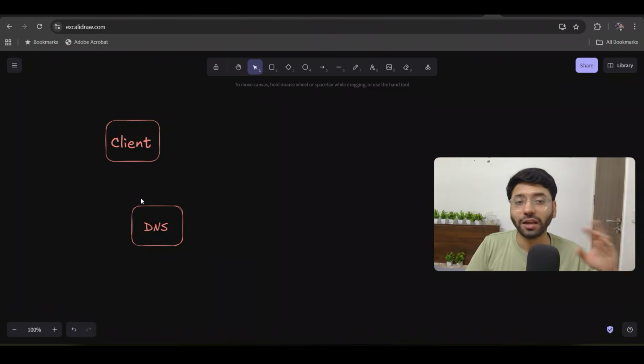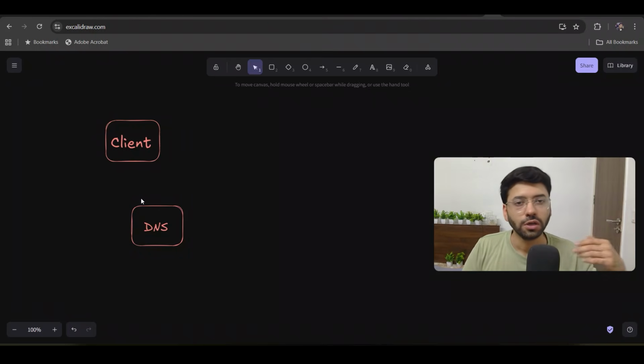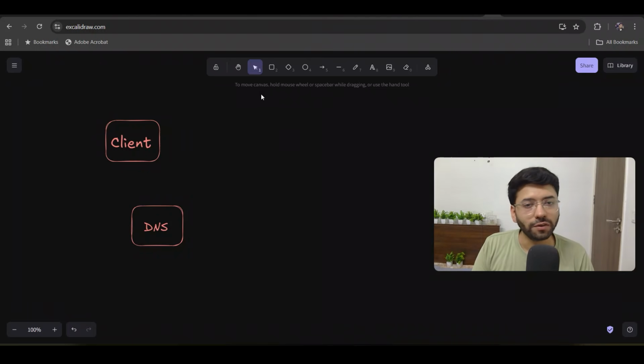Clients do not interact directly with the servers. There are multiple components like firewall, gateway, load balancer, and then after that you reach your server. So all these other things will have private IP addresses. Okay, so once you get the IP address from the DNS, right,